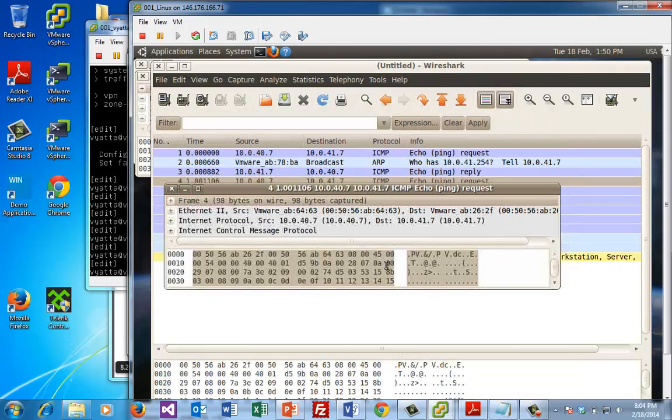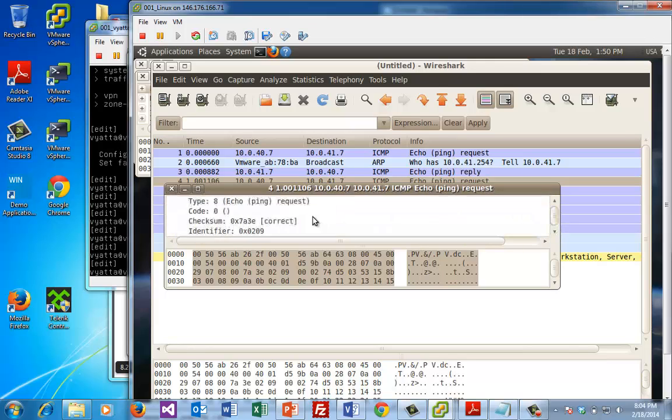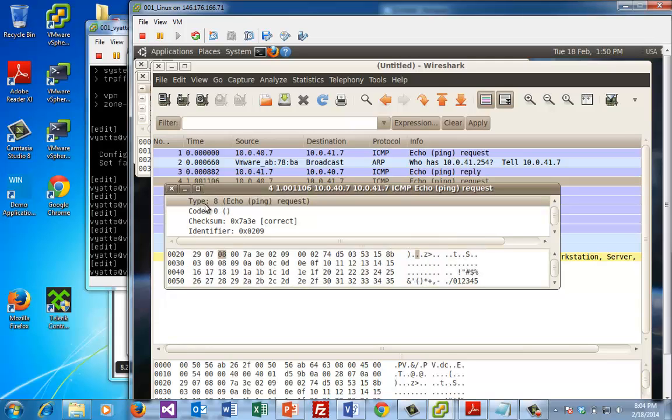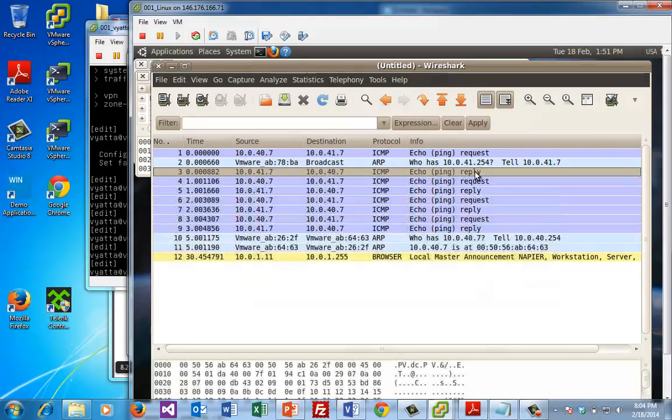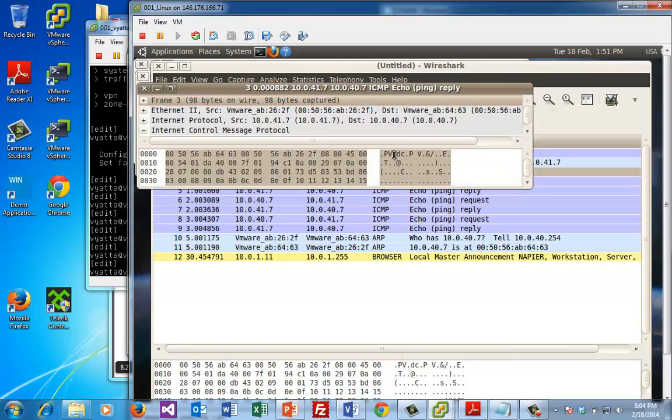Okay, so there's the request. If we have a look in here, we should see there's an opcode of type 8. So opcode ICMP 8 is a ping request, and then the ping reply that comes back, in this case it's a successful reply,